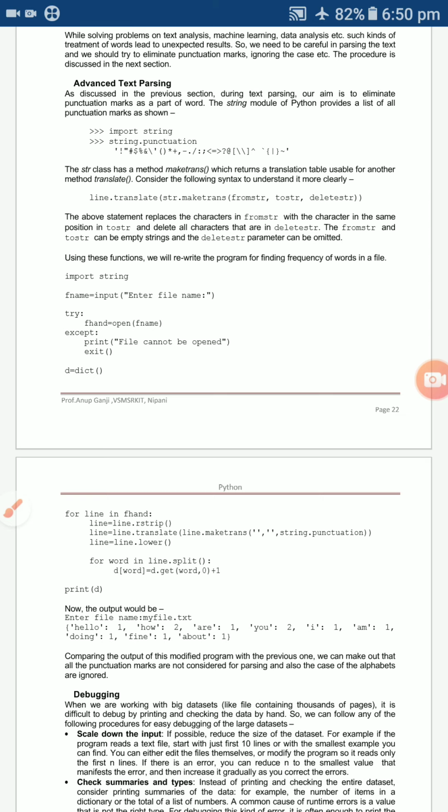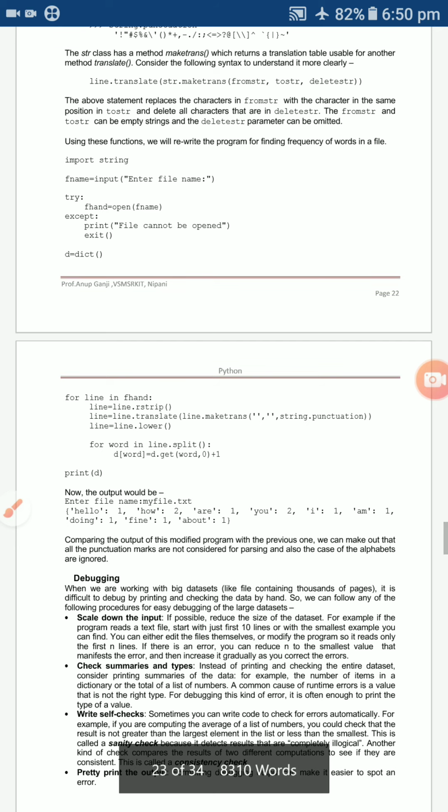Here in the syntax we are using the from string, having some characters, to two strings, as well as we are using some delete to delete all the characters. How to delete? With the help of the delete string, from string, and two strings. Suppose if it is empty, automatically if you are using the delete string, delstr, this one. And just you can go through this example. This is similar to the previous example.